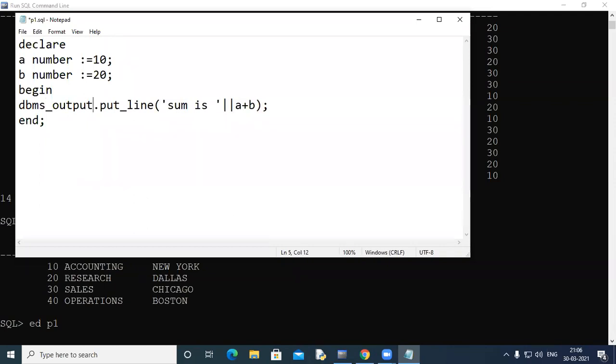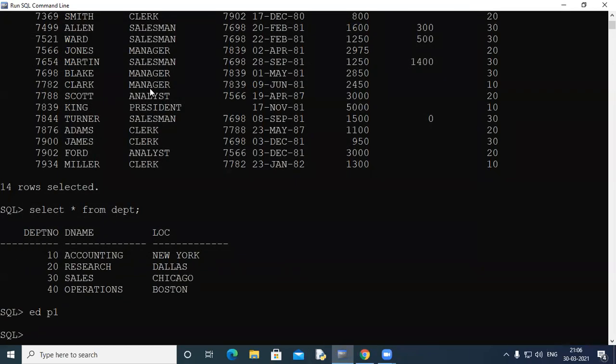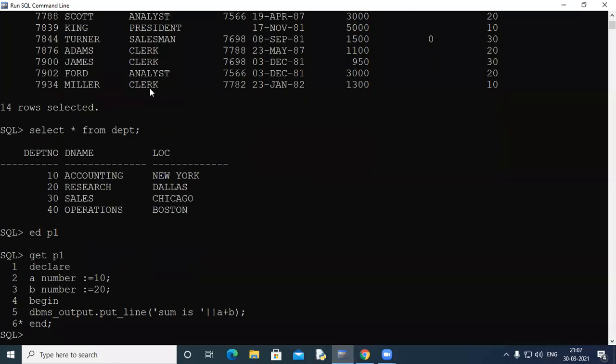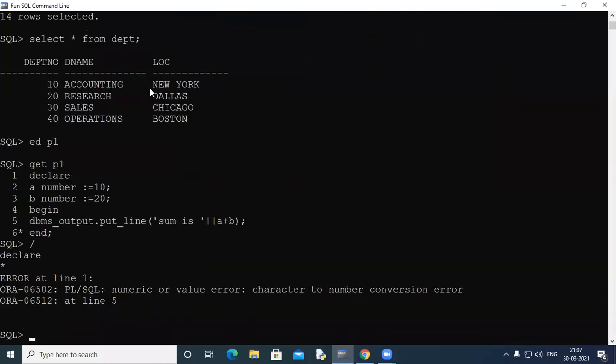I have saved this anonymous block in a file p1.sql. If I save it, then obviously first I can list the contents of p1, then I can run it. Okay, there's some problem at line 5. Let's see what that problem is.